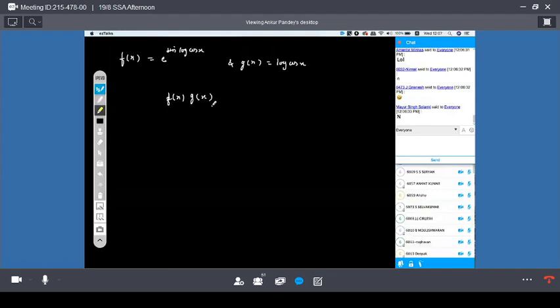So now we know that the derivative of f of x into g of x goes like: first as it is into differentiation of second, plus second as it is into differentiation of first. Do you think so? Yes or no?